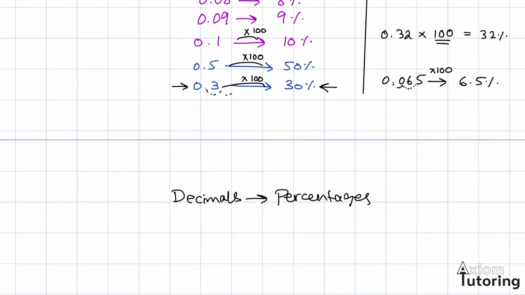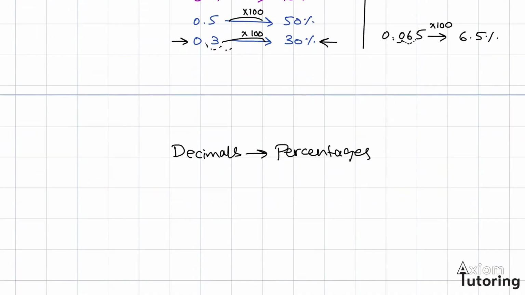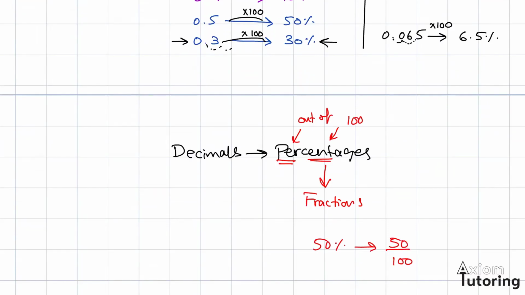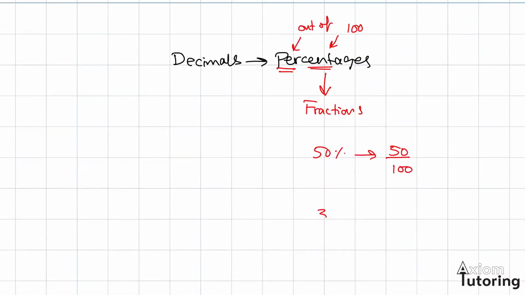So now that we know how to turn decimals into percentages, we can start talking about how to turn percentages into fractions. And the hint for this is actually in their name. Per means out of, and cent, like century, 100 years, means 100. So 50% is just 50 out of 100. 32%, that's just 32